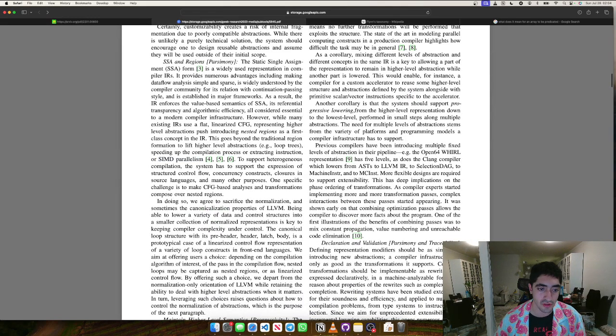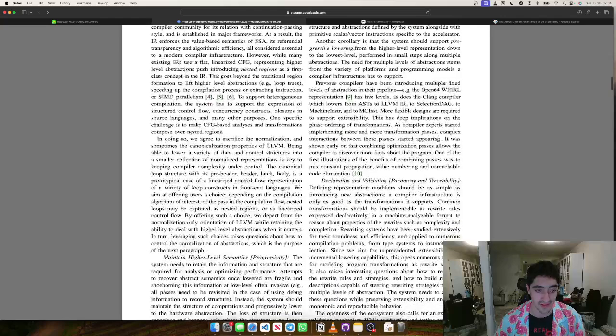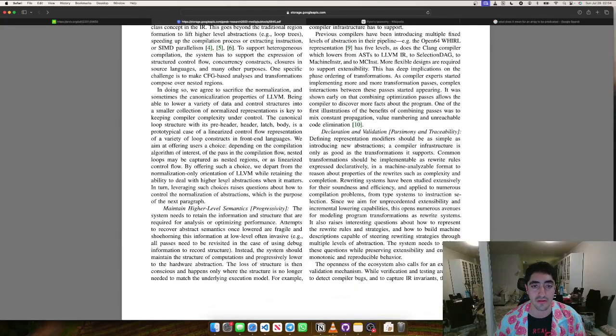To support heterogeneous compilation, the system has to support the expression of structured control flow, concurrency constructs, closures in source languages, and many other purposes. One specific challenge is to make CFG-based analysis and transformations compose over nested regions. In doing so, we agree to sacrifice the normalization and sometimes the canonicalization properties of LLVM. Being able to lower a variety of data and control structures into a smaller collection of normalized representations is key to keeping